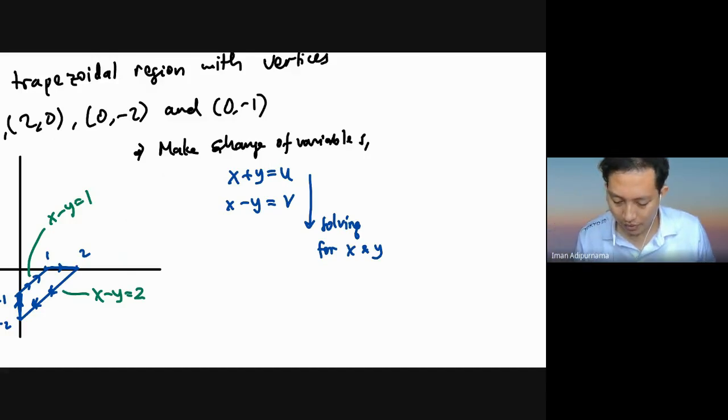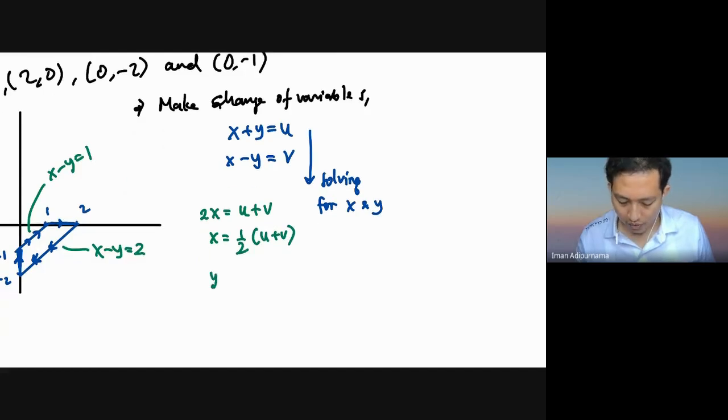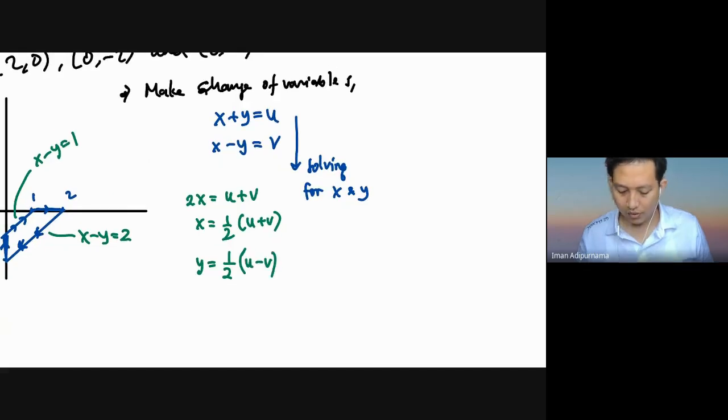Okay, maybe first you add these two, so you have 2x equal u plus v, and you have x is actually half u plus v, and you have y with the same evaluation, half u minus v. So you have now these two equations of x with the variables u and v, and also for y. By doing this,